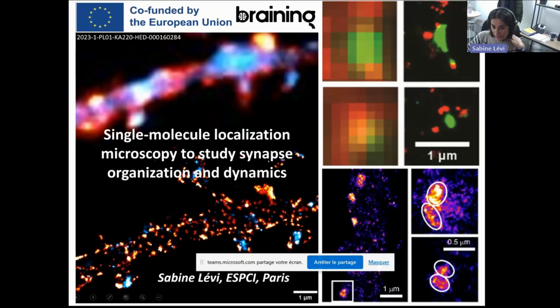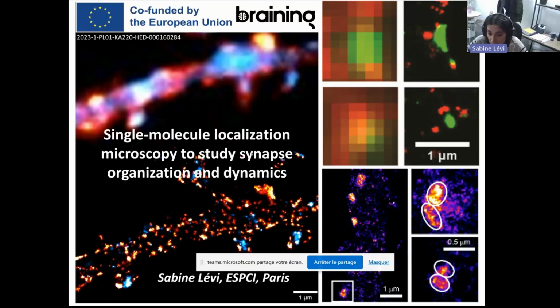So in the team, we are working on trying to find mechanisms for synapse formation and synapse regulation. And to do that, we need to use some specific imaging techniques, because as you know, synapses are very tiny structures. They are 1 micrometer big, 300 nanometers large. So to look in detail at the organization of the synapse and of the synaptic molecules, we turn to